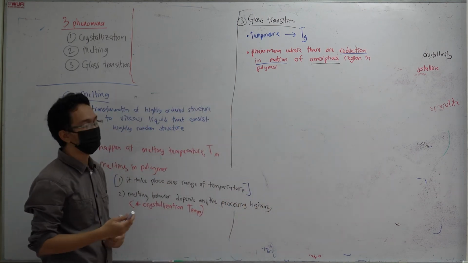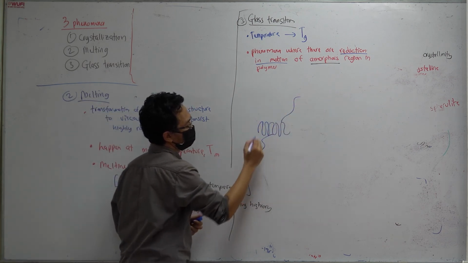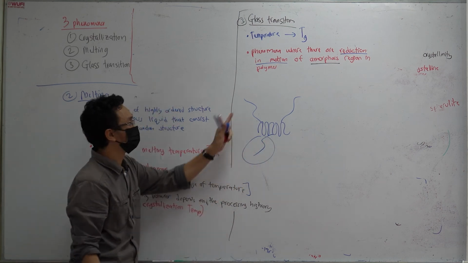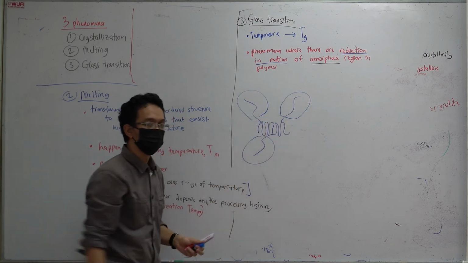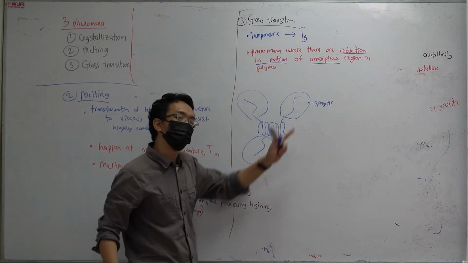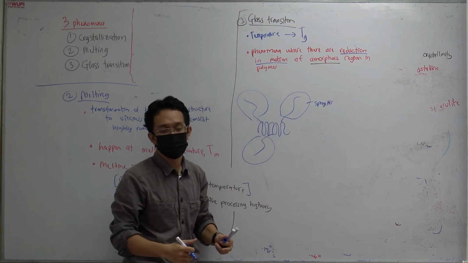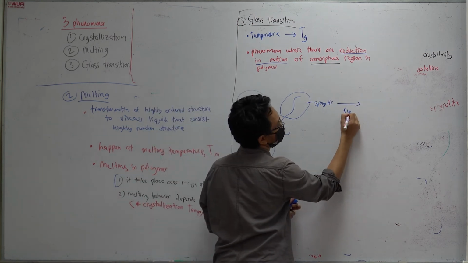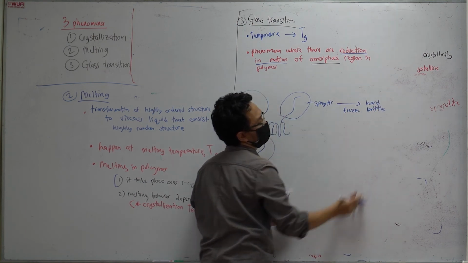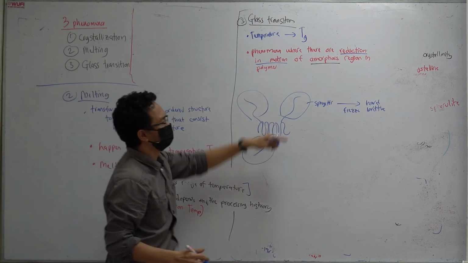So imagine amorphous region, you have something like this. This is crystalline, and then you have the amorphous region. Okay, this amorphous region, it can wiggle around. It's like a spaghetti. So what happens when you put spaghetti inside the freezer? It will sort of crust, become hard. When you put in freezer, it becomes hard, it becomes brittle. So that's actually what happens. That's what it means by glass, like a